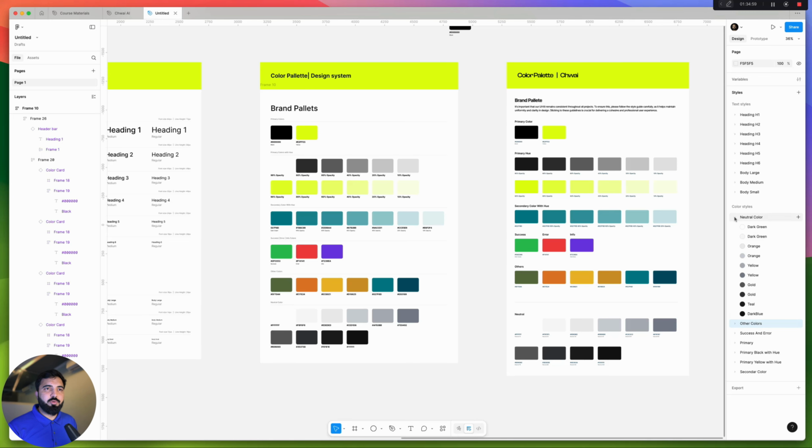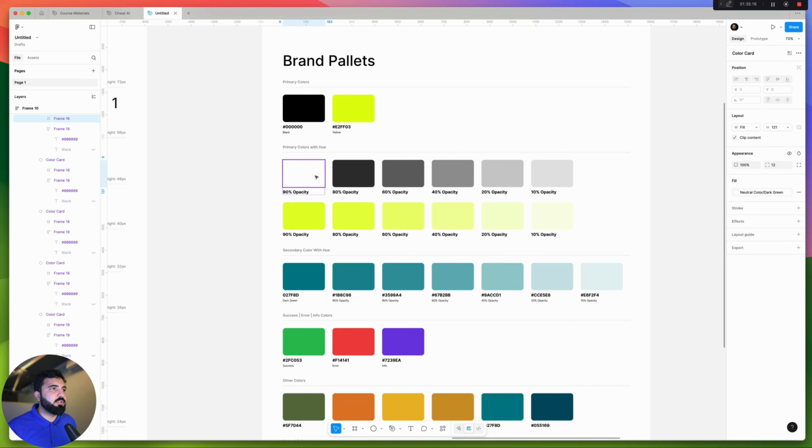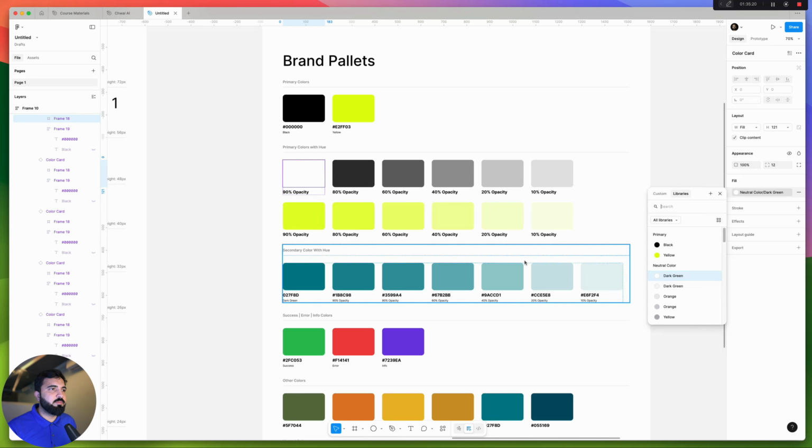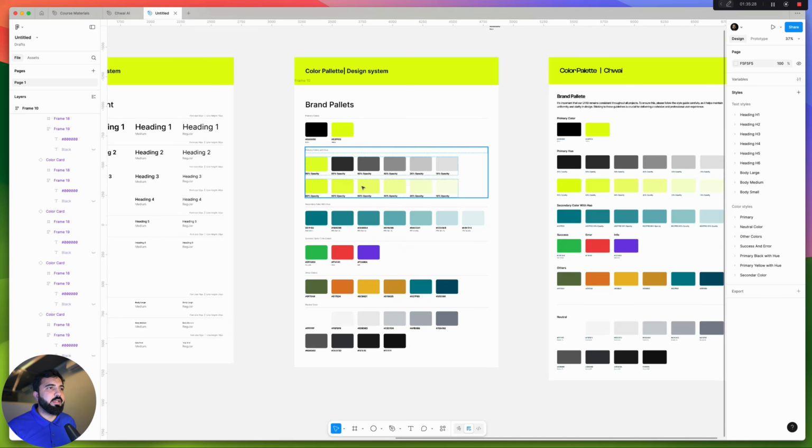Super, super. So we are done with the color style. Let me now arrange it. So primary should be on the top. Then we have primary. This one is needed to be with, it should be neutral 90%. Okay. So we have